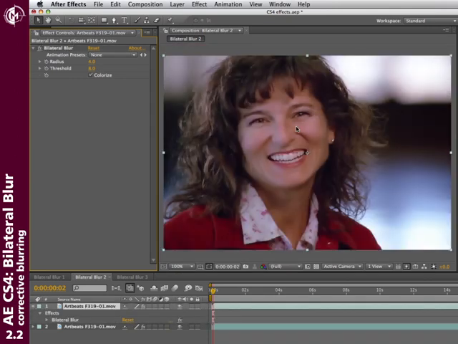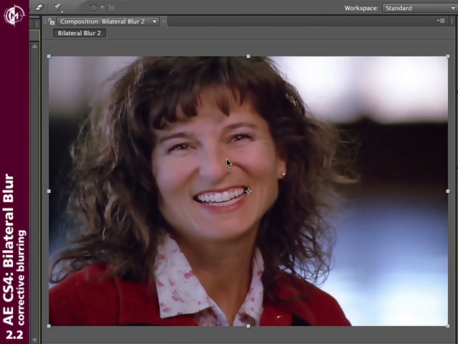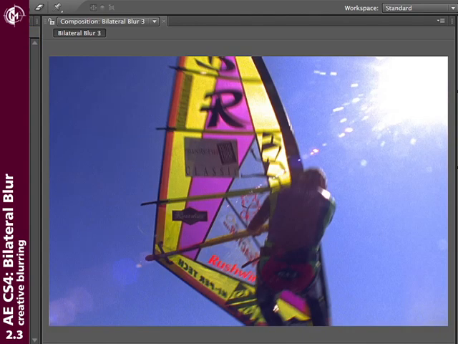I've gone back down to viewing 100%, and you see this actually looks pretty good now. We've really cleaned up a lot of the spots and the lines around her face. But you can also use this effect in a much more creative sort of way. And I want to show you a tip I've learned on how to get that colorization look a little bit more natural. Here's another clip, a windsurfer, a lot of detail in it, a lot of noise in it,